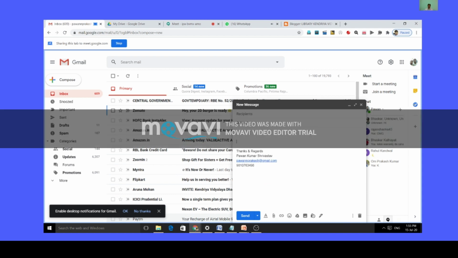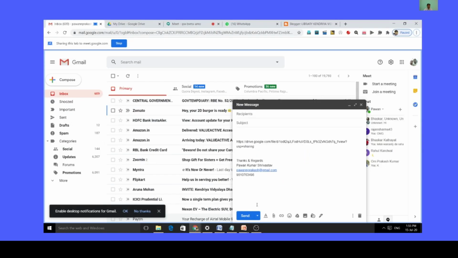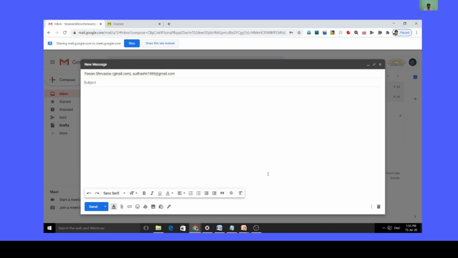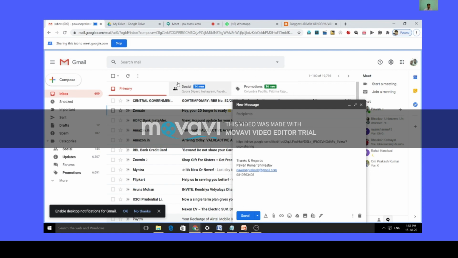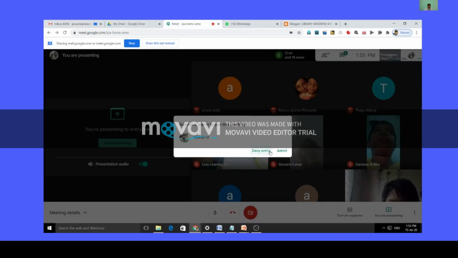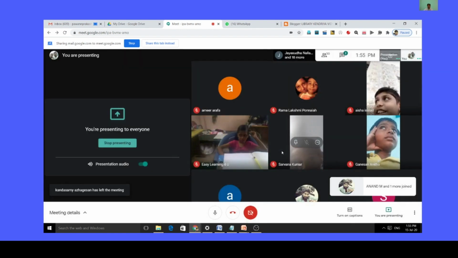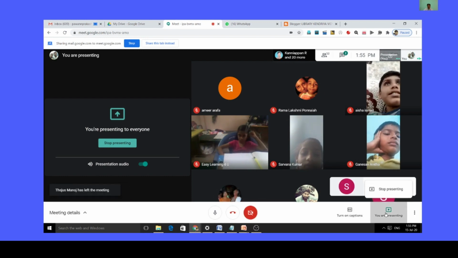After writing the email, I'll just paste the link here, and the other person who is receiving the email will be able to download the attachment from there. Okay, so this is the attachment part. Further, I'll again move to the next point.